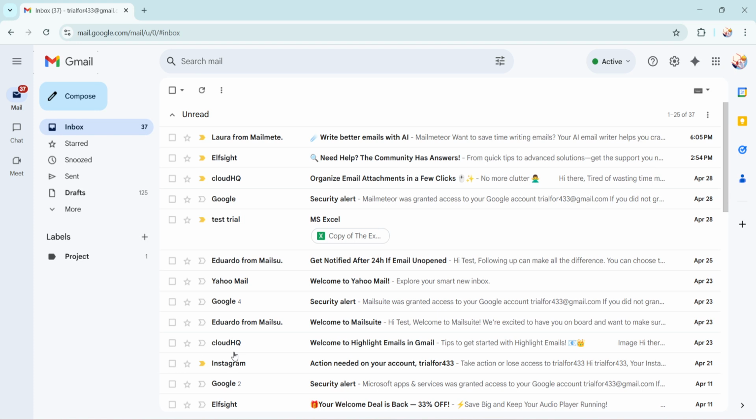First, you're going to want to open your Gmail account using your preferred web browser on your Windows computer. Once you've successfully logged in, ensure you're at the main Gmail inbox screen. Being at the right starting point will make the process much smoother and will help avoid any unnecessary navigational issues